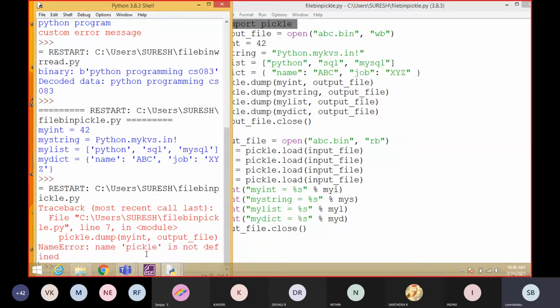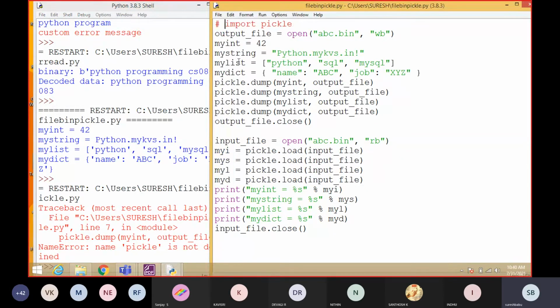Pickle is a module we have to import in our program. So whenever you are processing binary files, don't forget this pickle module. If you are using read and write functions, there is no need for the pickle module. For dump and load, you have to use the pickle module because we are processing different kinds of data types.